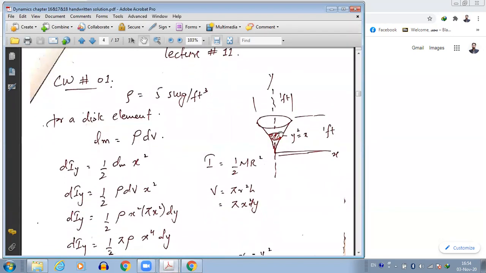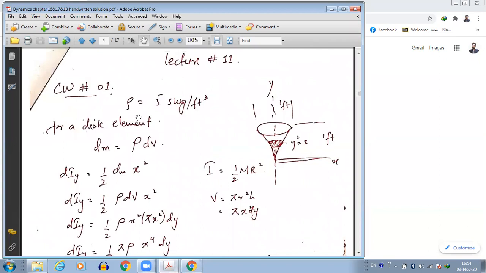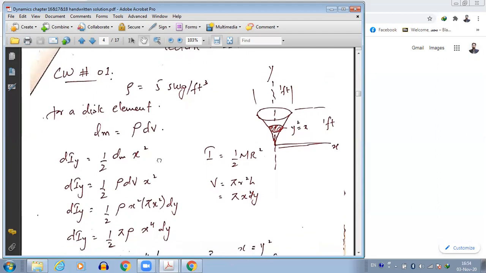So we have this object. The density of the object is 5 slug per feet cube. Now here we can take a disk element, in the y direction. The radius of the disk is basically x, and the thickness of the disk is dy. So for the disk element,